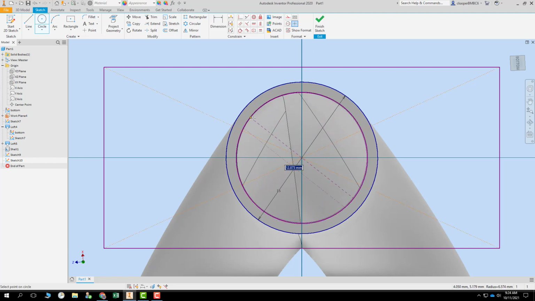Why am I doing that? Oh, and I don't have anything to click on, so I'm going to hit escape. And I am going to project the geometry of the circle. I've got to be careful, you can select a lot of stuff here. But just fish around until you get that whole inner circle right there and then click it. And now I have that circle I can snap to when I do my circle. There, snapping right to it. So now I finish my sketch,